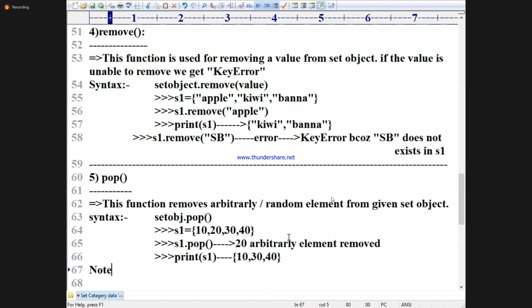What can we not do? We can't apply the del function on a set object for removing an element.